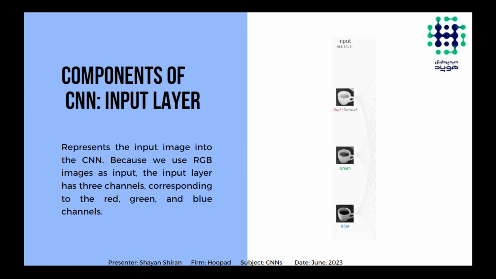They have visualized CNNs in a great format that I think is really fun to learn from. Because we use RGB images as input, the input layer has three channels corresponding to the red, green, and blue channels, as you can see here in the picture.